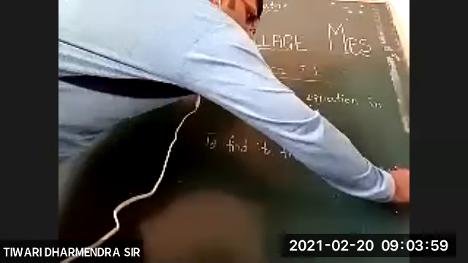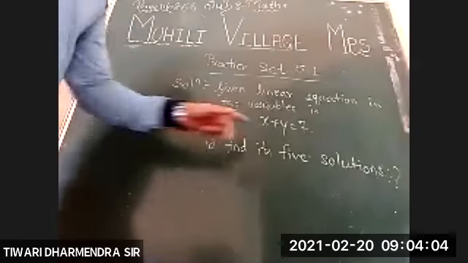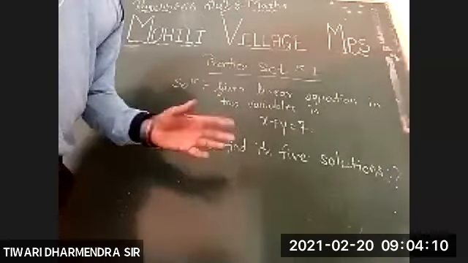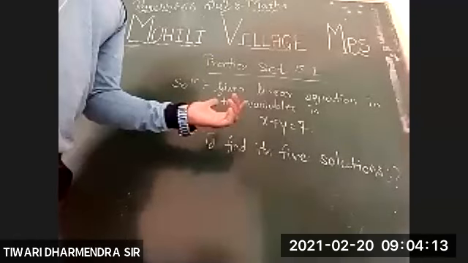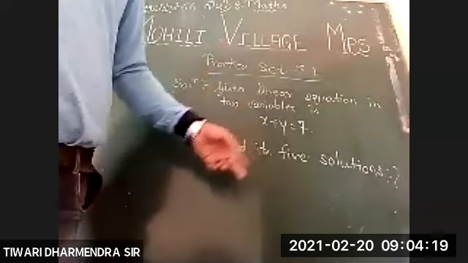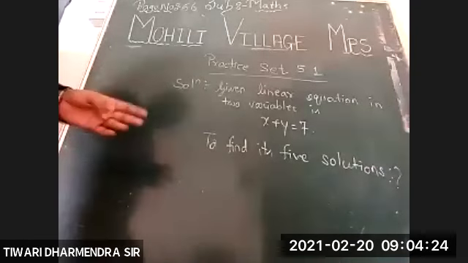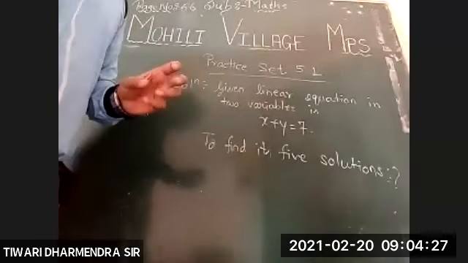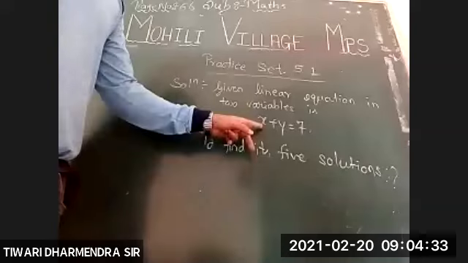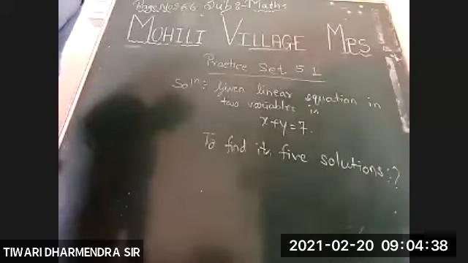As we don't know the solution, we need to find the 5 different solutions right now. But we know which number will satisfy the condition. Which two numbers will satisfy the condition? You have to select any two numbers and substitute at the place of x and y on the left hand side, so that you should get the answer as 7. So please try to understand, try to create your own ideas, your own numbers which will satisfy this condition. As I've explained in our last lecture as well as earlier today,